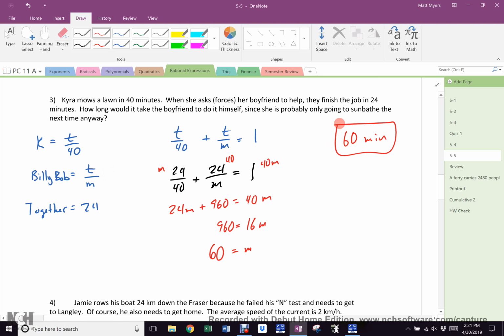Damn, they're not slow. Well, his girlfriend's sunbathing right beside him. Yeah, but she took her 40 minutes. Because there was no one sunbathing beside her. He's a teenage boy and his girlfriend's sunbathing by her. You think he's really paying attention to mowing the lawn? Billy Bob is having